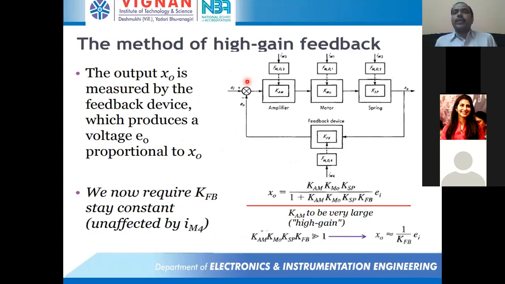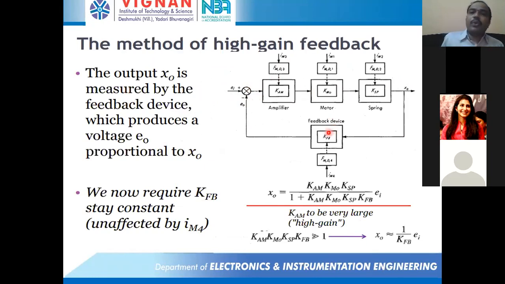If you are able to take some fraction of the output and give it back to the input, then we can analyze and compare. If we are going to produce any output which is not depending upon the input, then we can modify it by changing its gain. Therefore, we have to use feedback which has high gain.